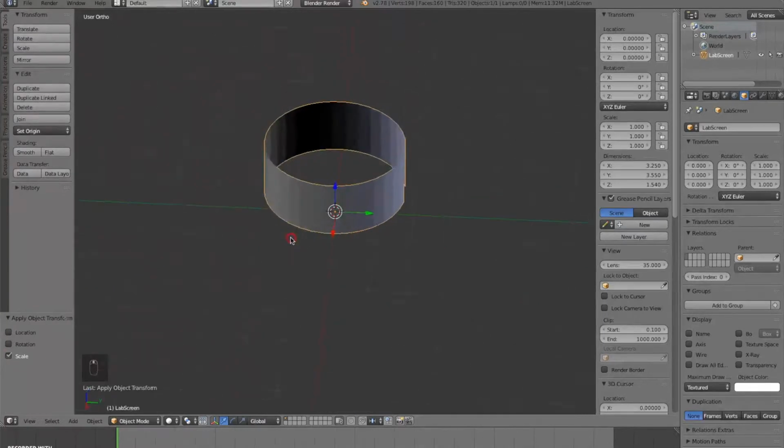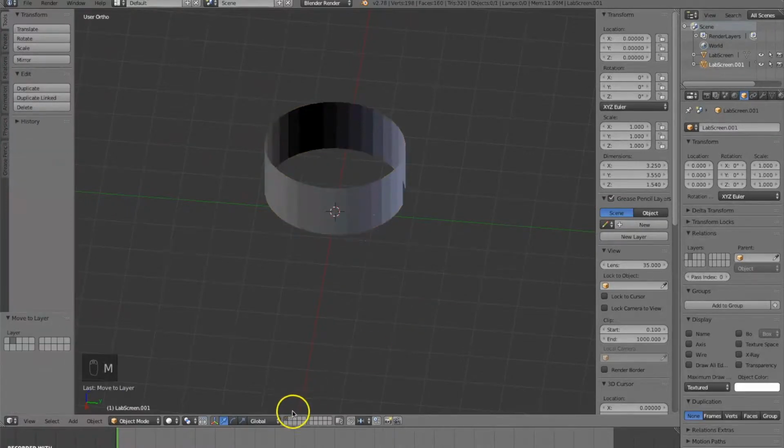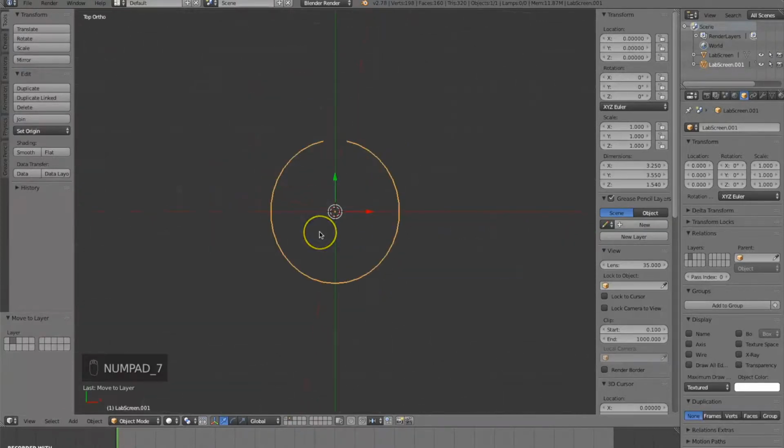Now here I have the screen as one object, but I also need the screen as 4 objects. So each projector needs its own screen. So I'm going to duplicate with Shift D, move this duplication over to another layer, go over here, press 7 to have a look at it from the top view,